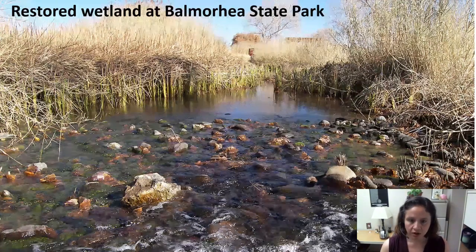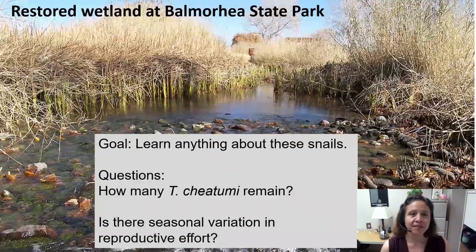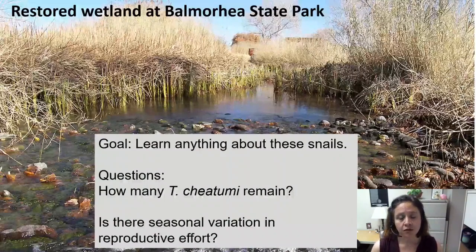That's Balmorhea State Park. And the goals of this project were to essentially learn anything about these snails. How many of them are remaining so that we can have baseline population estimates to look at changes in their populations over time, and also to learn about their reproduction to assist captive propagation efforts that are underway. Do they reproduce seasonally? Or aseasonally, as you would expect from the consistent thermal properties of the springs that they